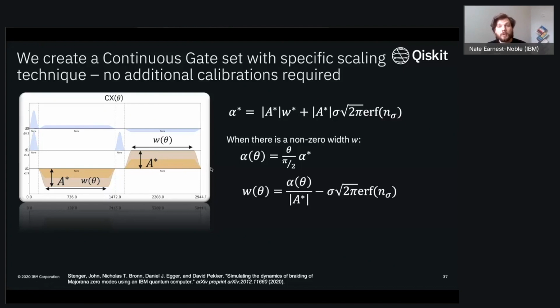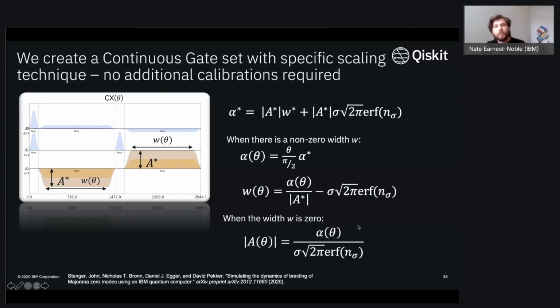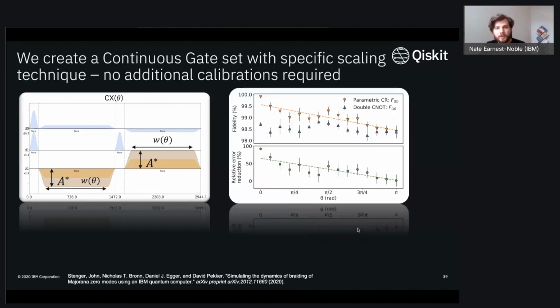So instead, what we're going to do is we're going to keep those rise fall times fixed, and instead, at this point, begin to scale the amplitude of that pulse in this sort of fashion here. And then this now is actually how you can achieve these partial rotations or these RZ of thetas only using a single C naught, using the backend calibrations as your starting point. So this is now great because you've basically built this continuous gate set that then allows you to do it instead of using those two C naughts.